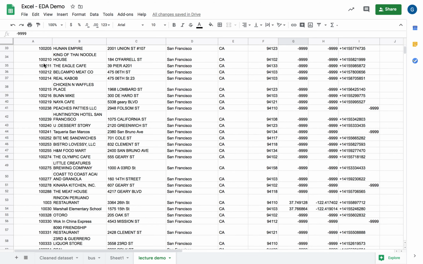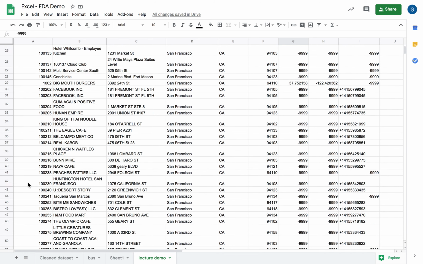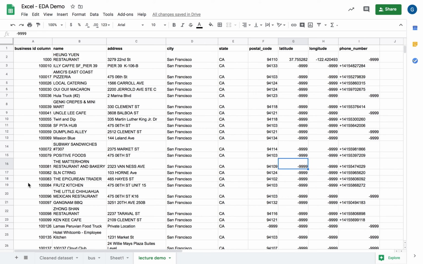Here we have a business ID column which gives you a unique business ID for each restaurant, the name of the restaurant, address, city, zip code, the latitude and longitude, as well as the phone number